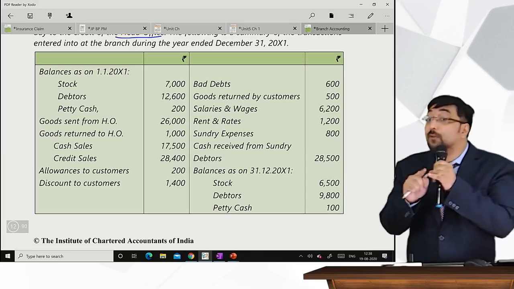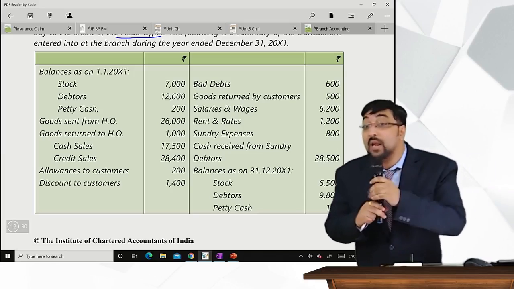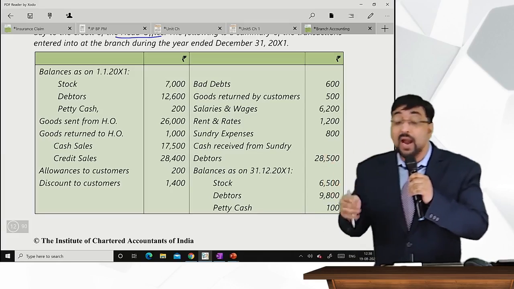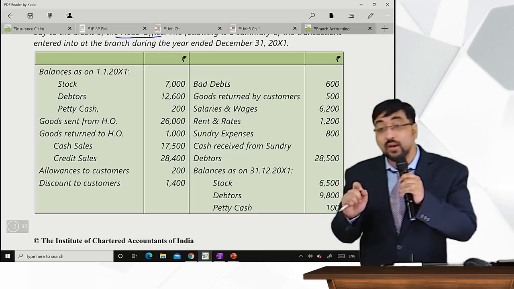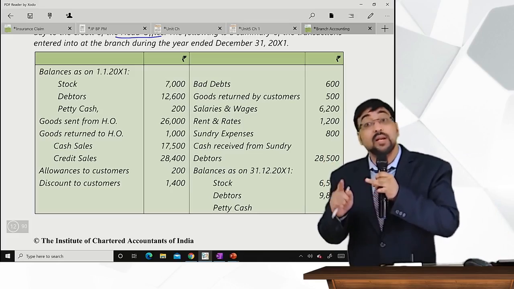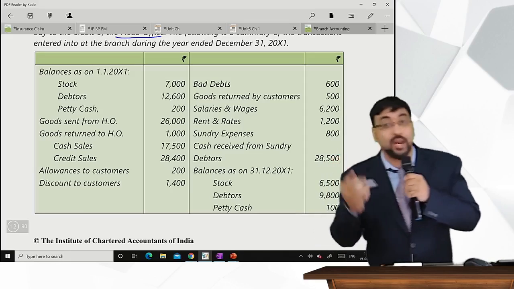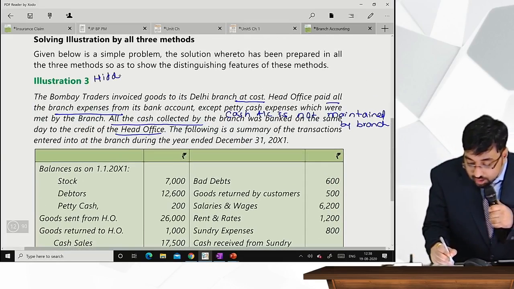So what is the difference between number 1 problem and number 3 problem? In number 1 problem, collection from debtors was hidden, and in problem number 3, collection from debtors is not hidden, but collection from debtors is given and cash sales is given. So hidden is the amount remitted to HO. So you can write in illustration number 3, hidden adjustment